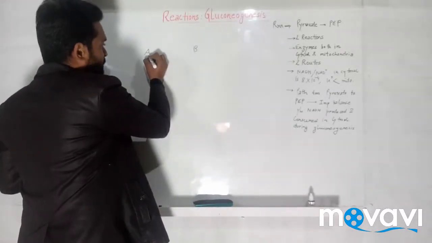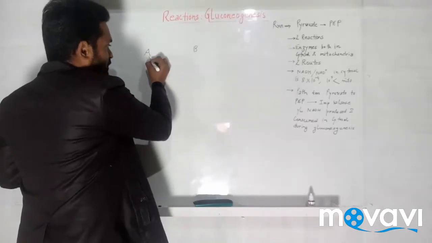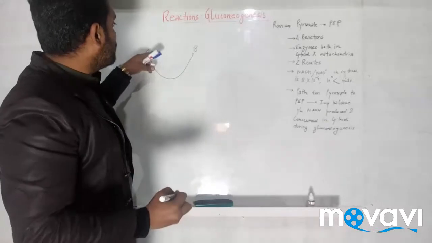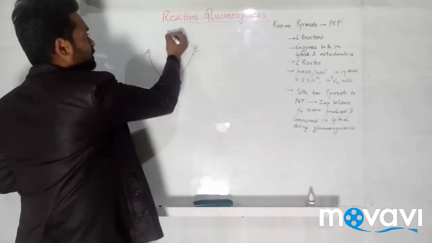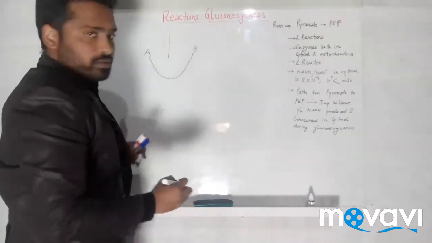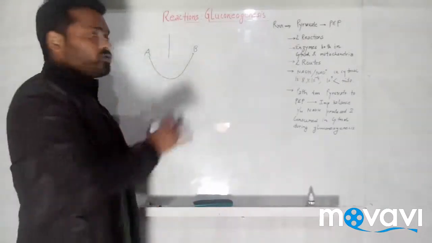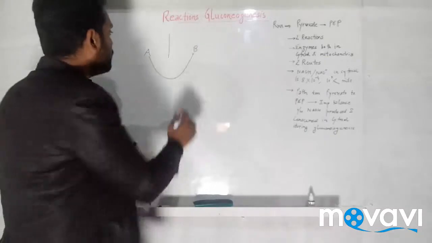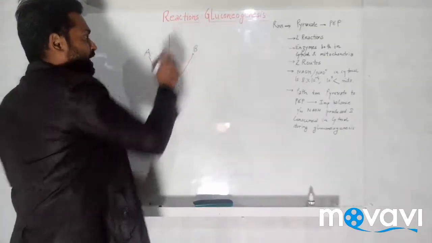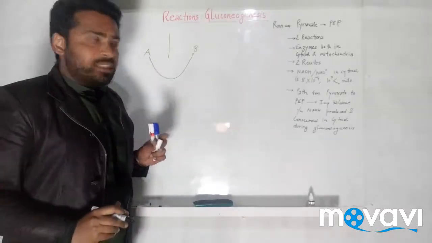We develop a way from where we can go from A to B. Why can't we go from here to here? Because there is a hurdle, and we cannot cross this hurdle because it is too high. We can't jump that. So we develop this pathway, this strategy, from where we can go from here to here. Same is the case with these